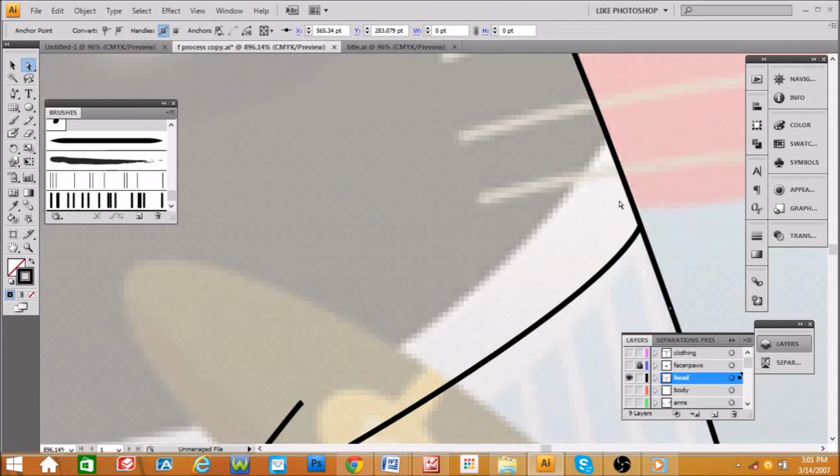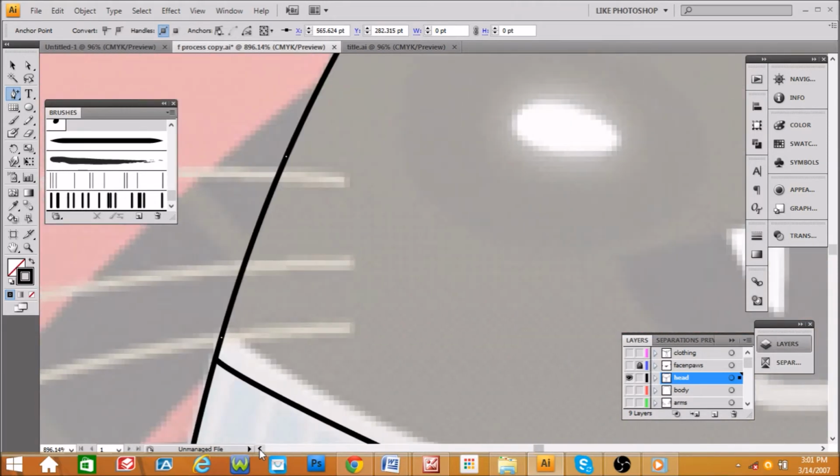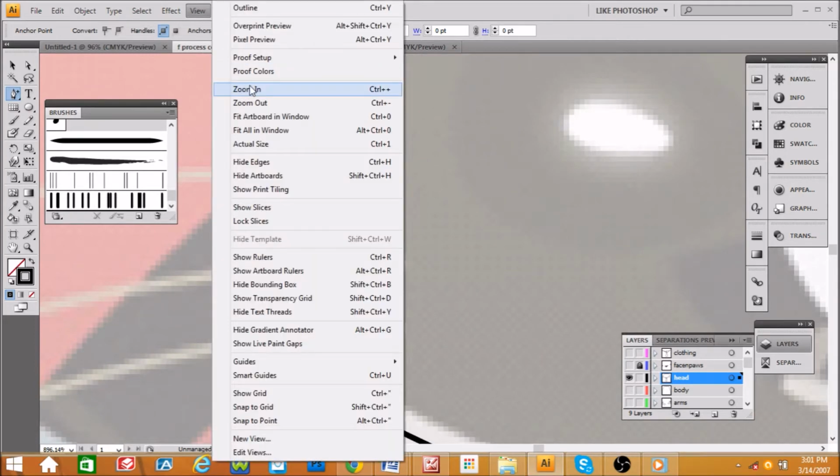Good. Just make sure there's an anchor point right there. Okay. Very visibly an anchor point now. Let's go back over to the other side and ensure there's one there too. Good. Now zoom out or select Fit All in Window